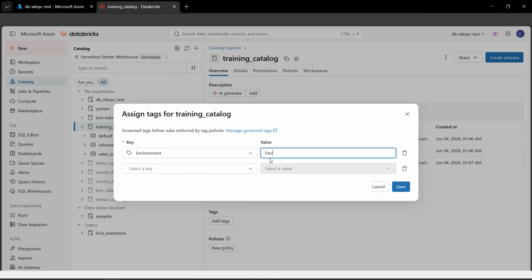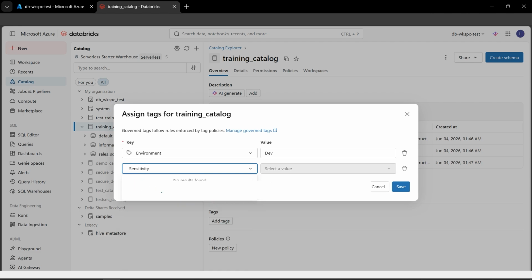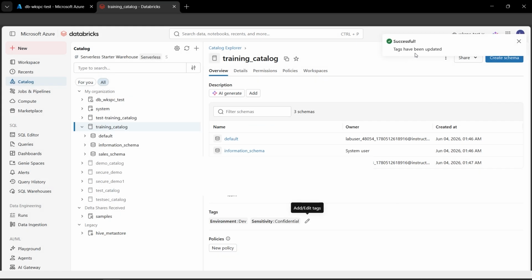for dev. And let's add another tag, which can be sensitivity. Let's write sensitivity. I'll click on add new tag, and let's give a value here. It can be confidential. Let's now save it. If everything looks good, I'll save changes by clicking the save button here. We can see tags have been updated, and at the bottom, tags environment development and sensitivity confidential are